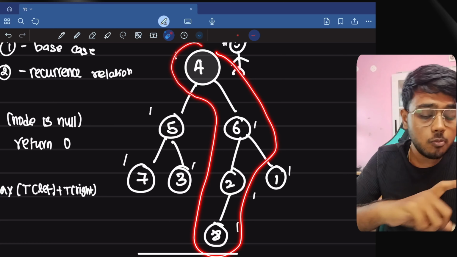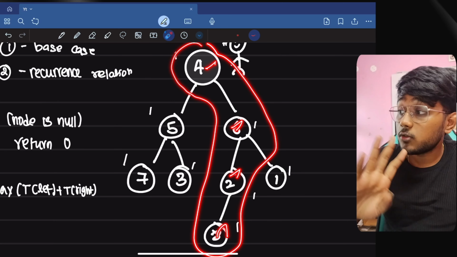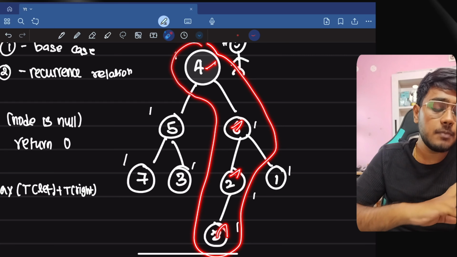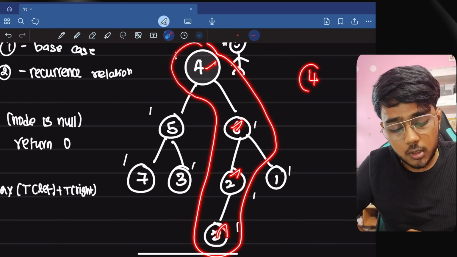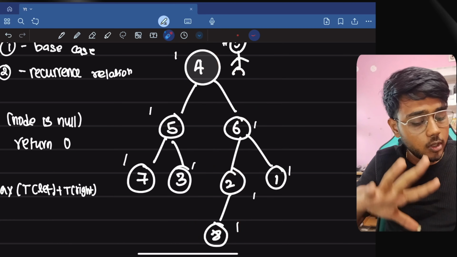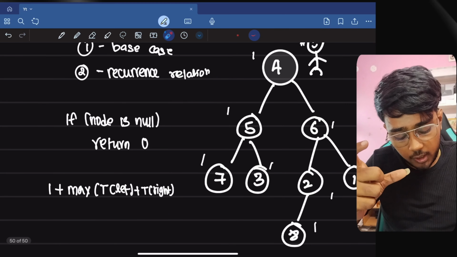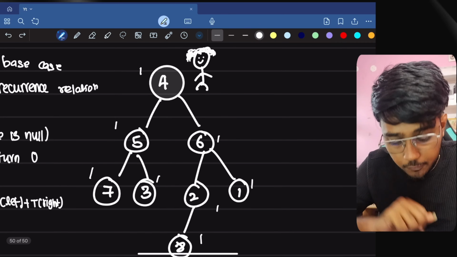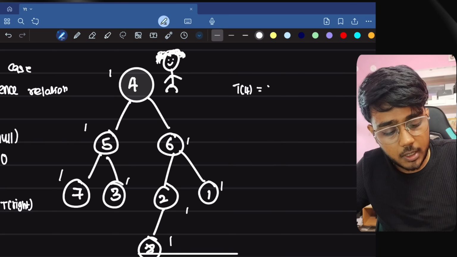If you count how many nodes here, 1 2 3 4, the answer is going to be 4. This is the maximum path you can walk to reach the end, which is 4 nodes, and every node is a valid node, so we keep the value 1. That's why we just put 1. For example, I will start DFS over here. t of 4 is going to be 1 plus